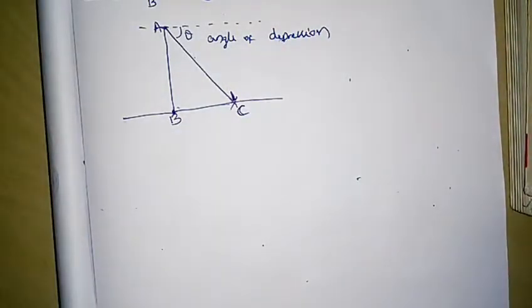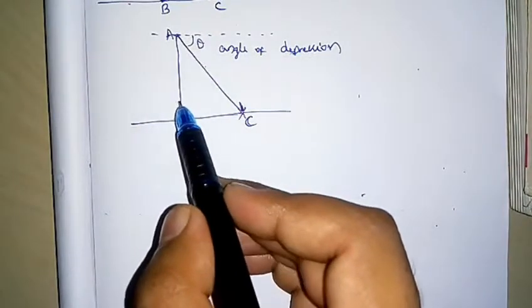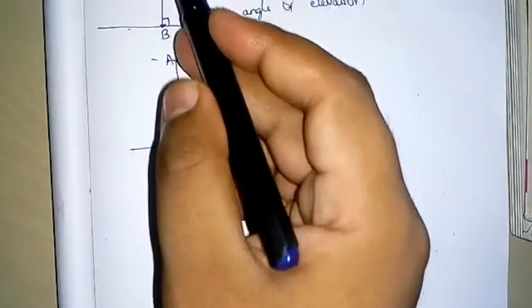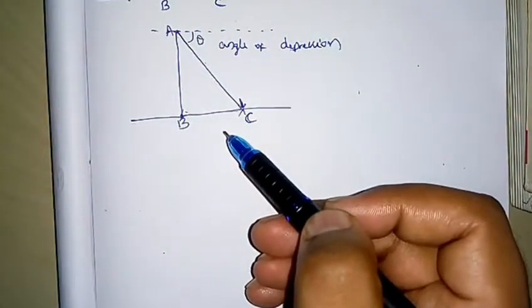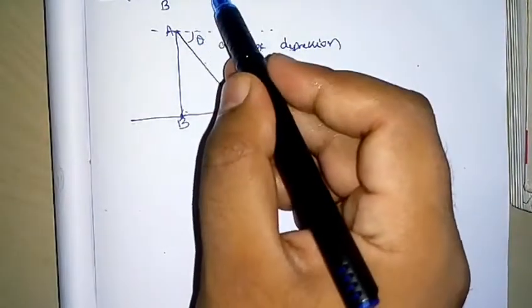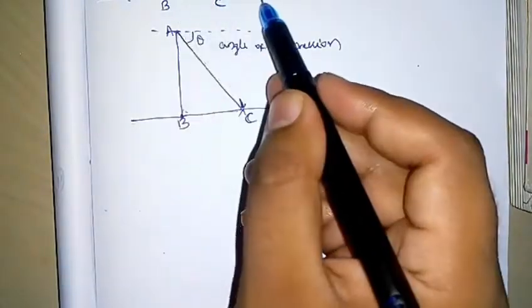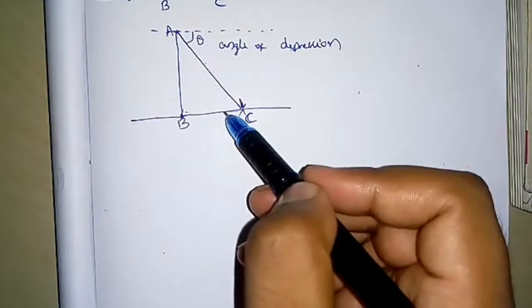Now, three things you have to consider while solving problems of heights and distances are: first, all the objects such as towers and buildings shall be considered as linear, a straight line. Next, the angle of elevation or angle of depression is measured with respect to the horizontal line, either the bottom horizontal line or the top horizontal line. Third, the height of the observer is neglected if it is not given in the problem.